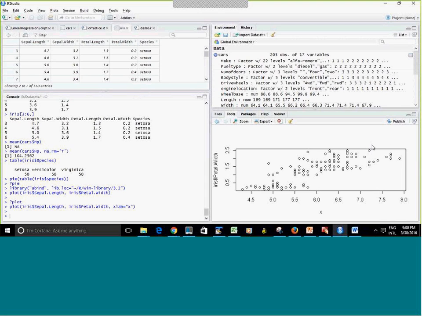And then when I have a new x value, I can plug it into my equation and get the y value. There is something similar that we're going to do here,